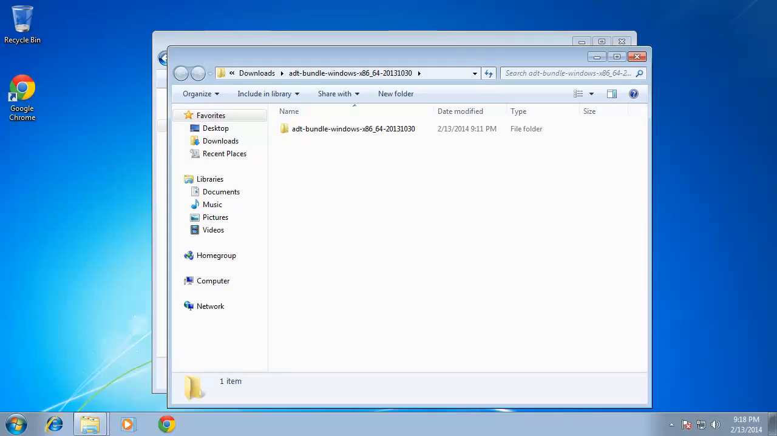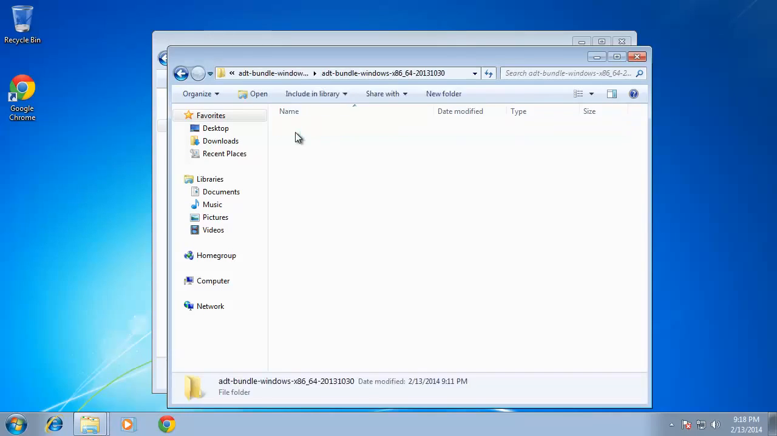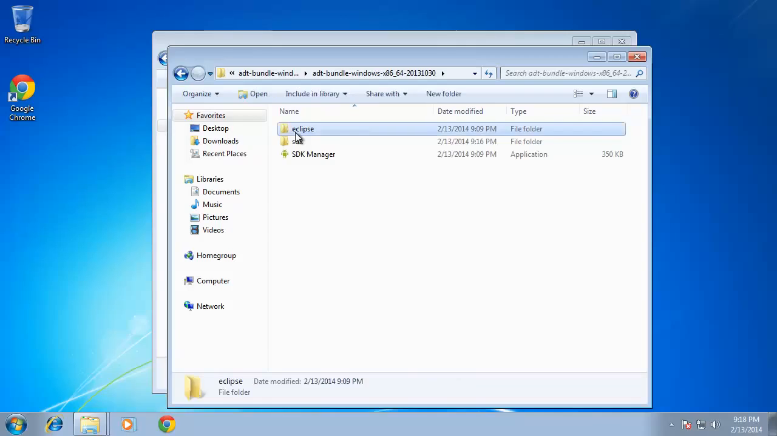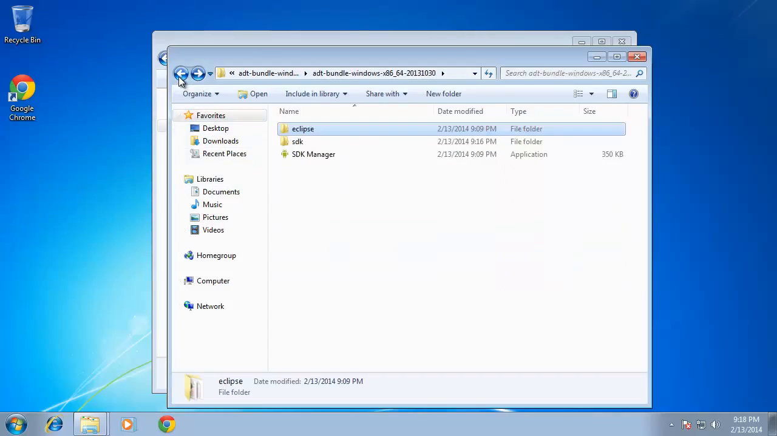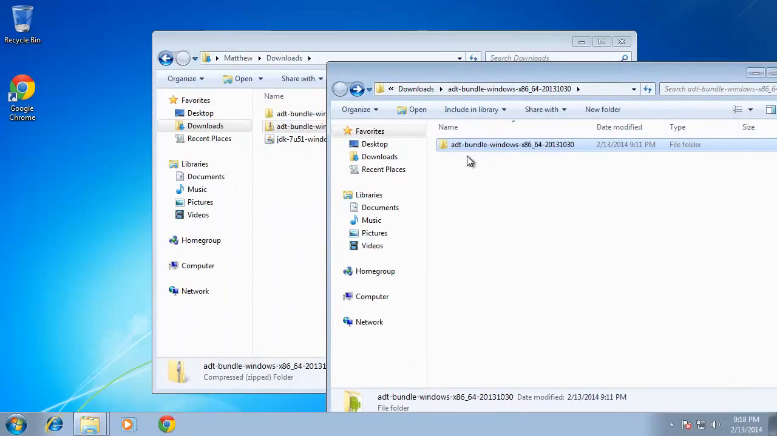Now that the file is extracted, I'm almost done. Just one word of caution. Do not open the folder and run any of the applications, especially the Eclipse application, from the downloads folder. And the reason for that is because when you do run this, it's going to create a hidden folder for you that is going to keep some of your configuration settings. And you don't want to move it and then have to try to find that hidden folder and move that as well. So before you actually run any of the applications in there,